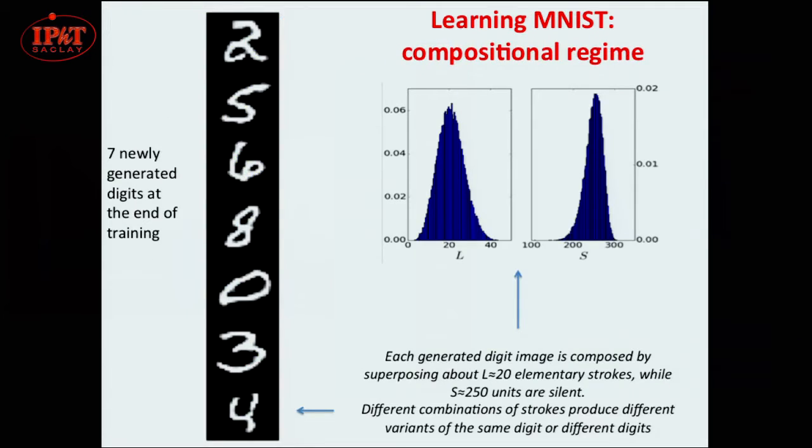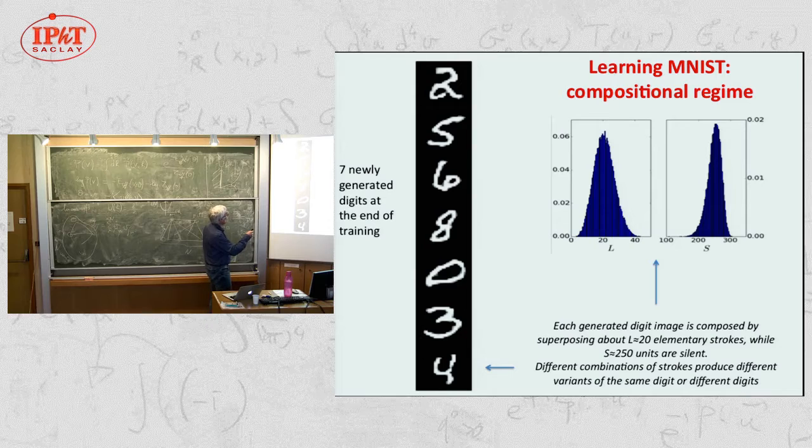Okay, so just a little bit more of phenomenology, and you see that again we always find the same phenomenology as in the sparse autoencoders. There is nothing very new here. So these are different digits. If we look for instance at when you generate data from the equilibrium distribution of this machine, you may ask, okay, how is the representation layer formed, the configuration of activities. So for instance,